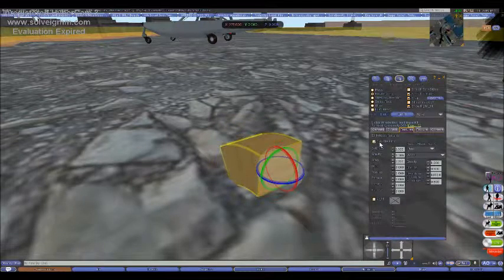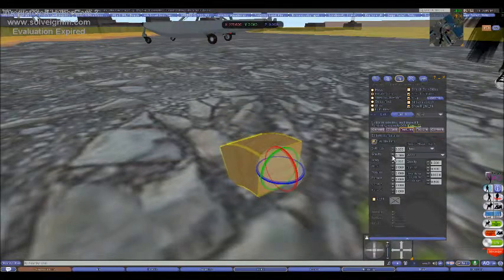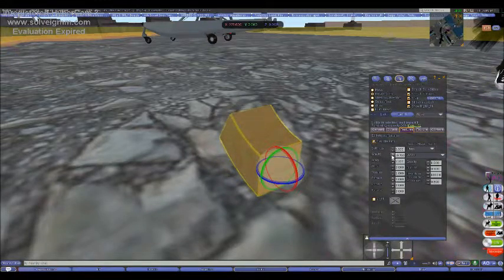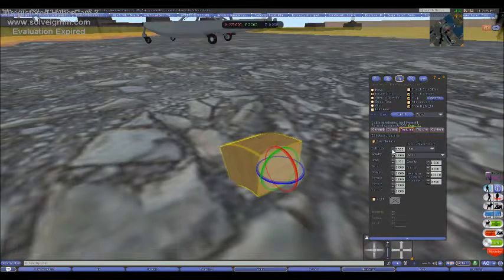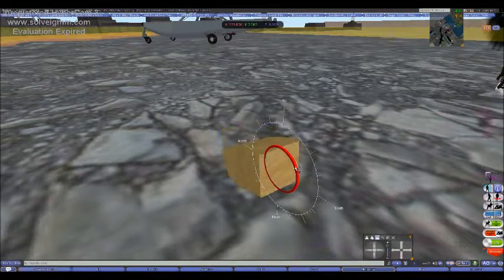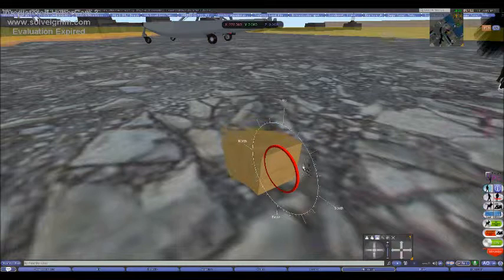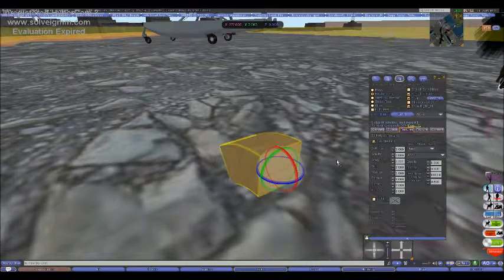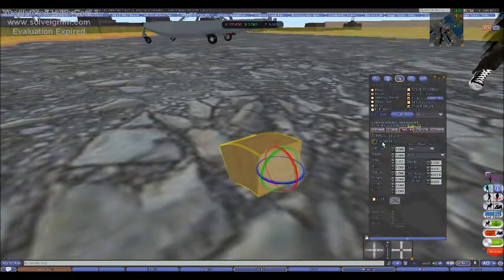And then here you got the softness and the gravity you can play with. So gravity negative, and bring your flexi prim up or back down. And the softness of the flexi prim, and the wind force. Because there's wind in Second Life, sometimes you can hear it, but with flexi prims, if you set it to, the wind can actually affect your flexi prims, and you can have a flag blowing in the breeze. You click off flexi prim,